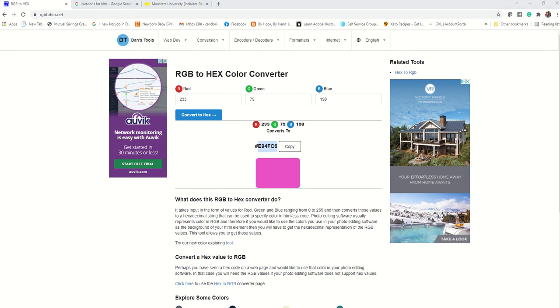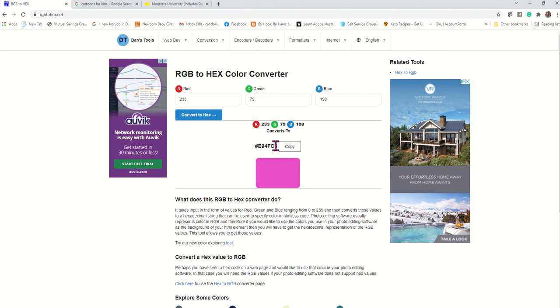And once you see what color it is, if you only have the RGB, and the RGB stands for red, green, and blue, because red, green, and blue make up a lot of the colors that we work with. Those are the primary colors. And so if you use this 233 form of red and this 79 form of green and this 198 color of blue, it will make this color here,